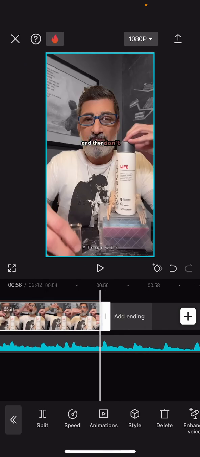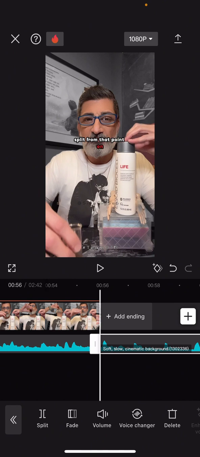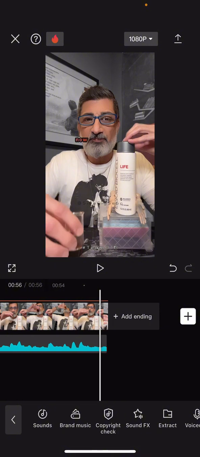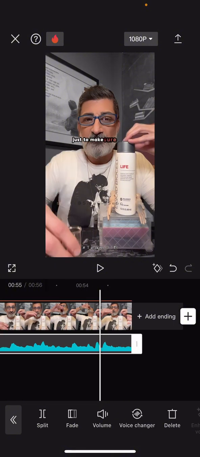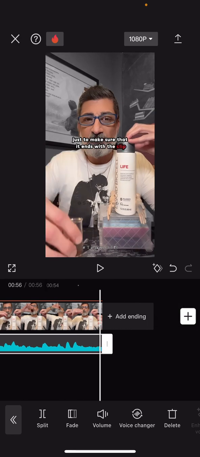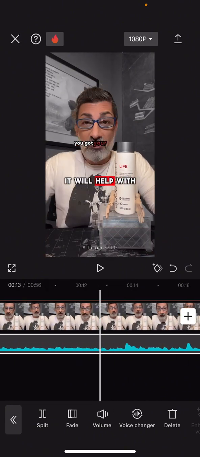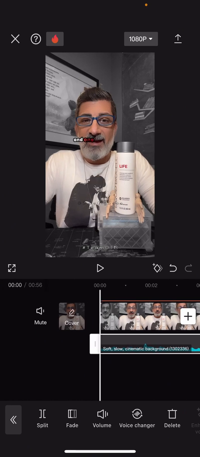And then don't move anything else. Just tap on the music so that you're highlighting the music. And what you want to do is split from that point on so that you can delete and get rid of the extra music. Now you got a 1 minute clip, and you can just extend this to make sure that it ends with the clip. Now you got music, you got your caption, you got your logo,